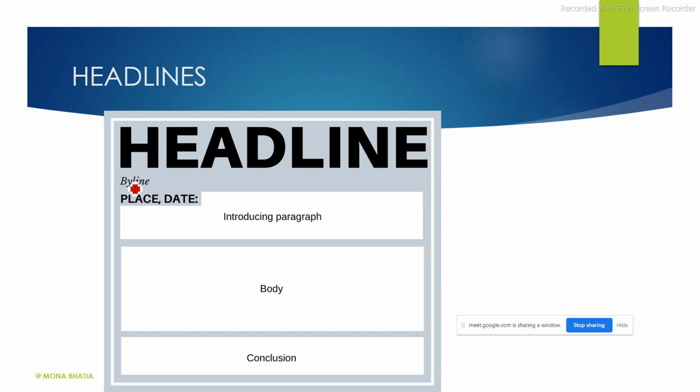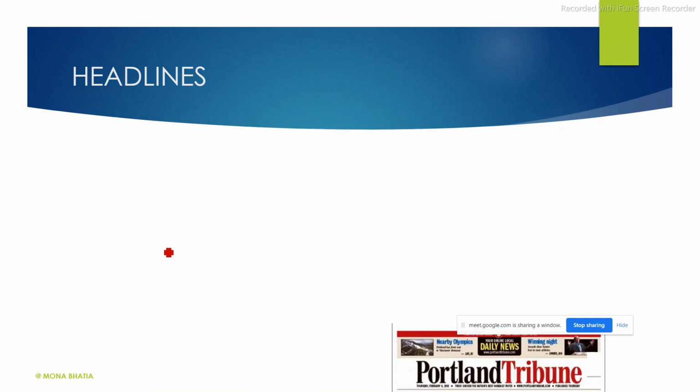If it is needed, then in a smaller font, little bit smaller, not as small as the text that you will be seeing in the body and conclusion, but it will definitely be bigger than this and smaller than the headline. Okay, now this is the way it has to be if you really want to catch the attention, that this is the headline, it is the lead story.